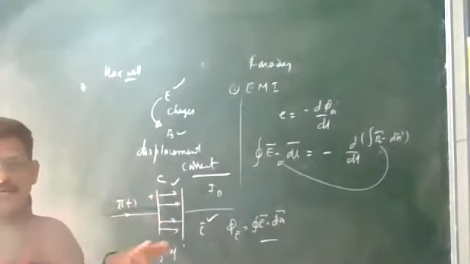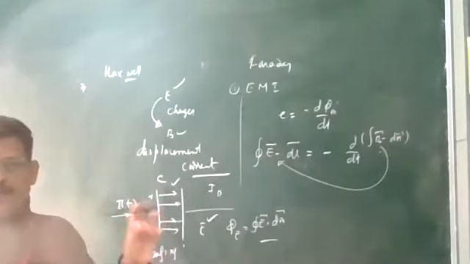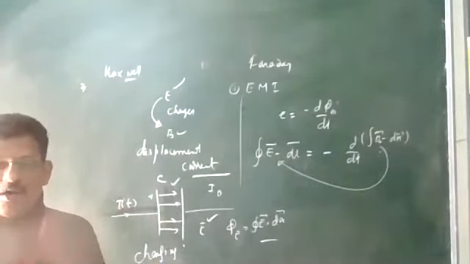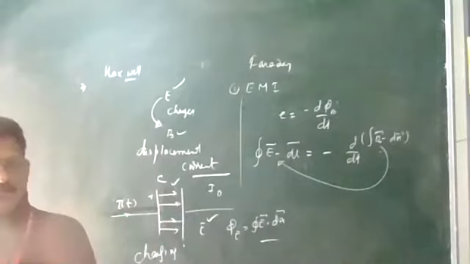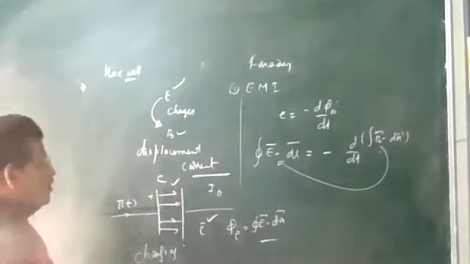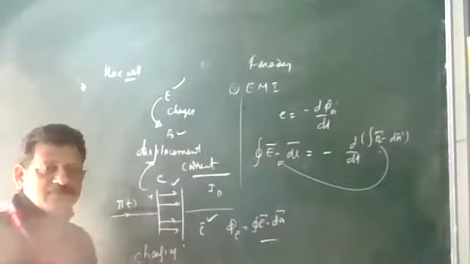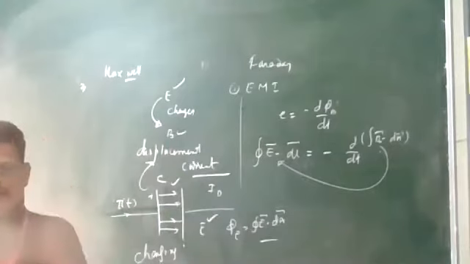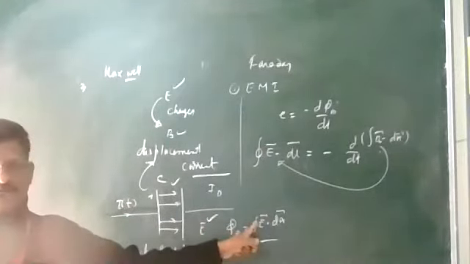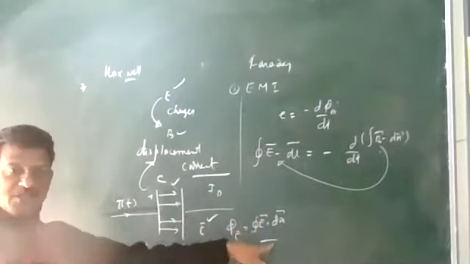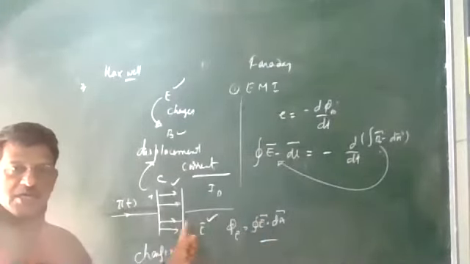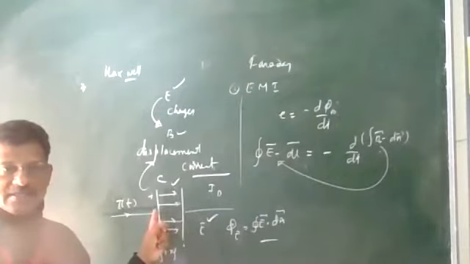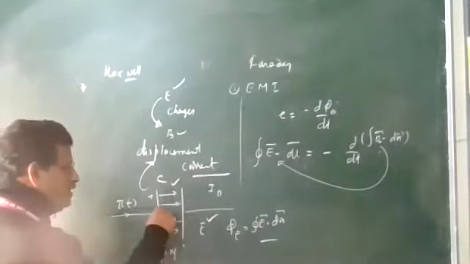This change in electric flux between the plates of the capacitor produces a current only between the plates of the capacitor, and that current is known as displacement current. ये कैपेसिटर प्लेट के बीच में ही रहेंगे. So the rate of change of flux, electric field का change हो रहा है and produces a current, and this current is existing between the plates of the capacitor from यहाँ से यहाँ तक.